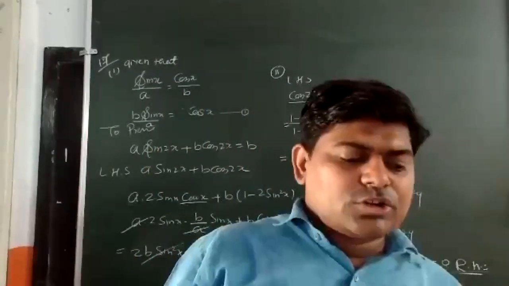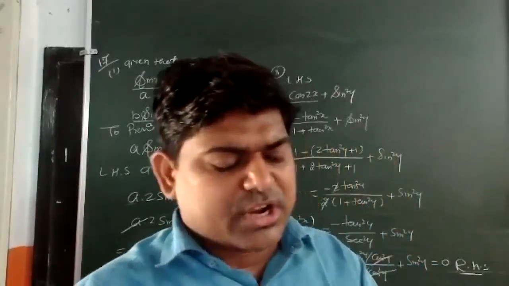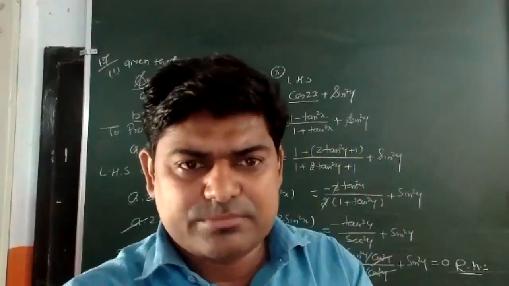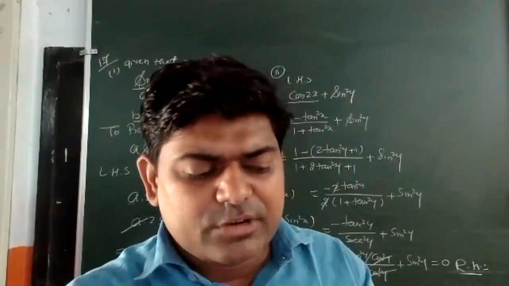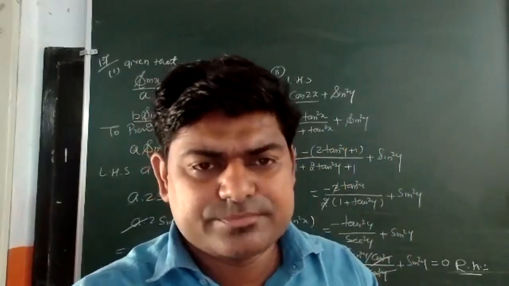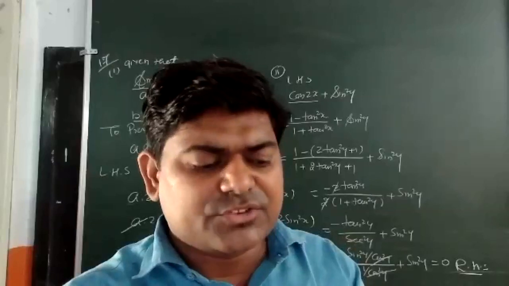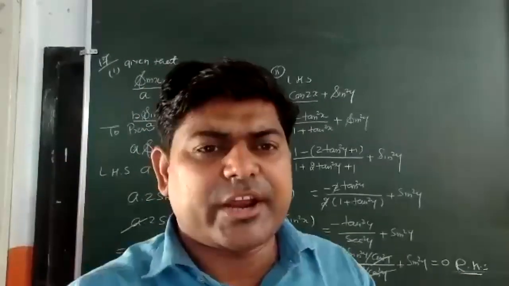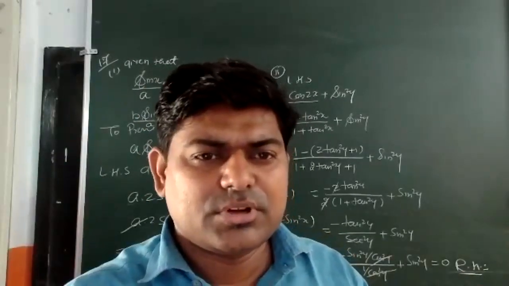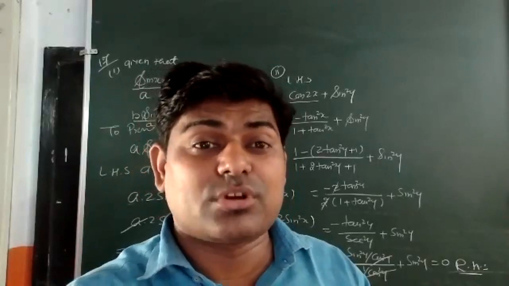Question number 19 also is there. In question number 19, what do I have to do? Listen to me very carefully. Actually, tan y is equal to 3 tan x, as given. It is given or not? So from here, tan x is equal to 1 upon 3 tan y, we can write, or not? Why am I writing tan x is equal to 1 upon 3 tan y?